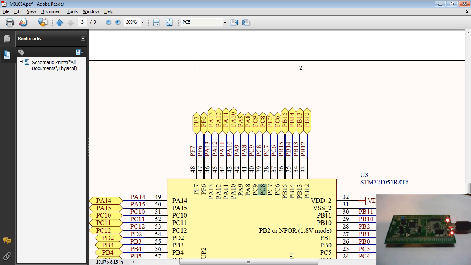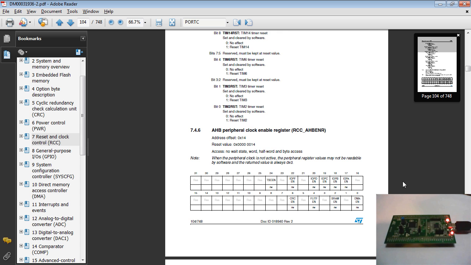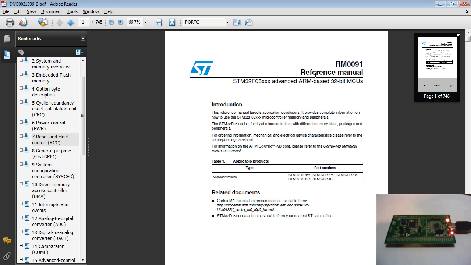Now, in order to do that, you're going to need the document regarding this processor. Usually you have two core documents that a manufacturer provides. You have a datasheet, which contains hardware parameters, and then you have a user manual or reference manual. In this case, I believe this lovely 748-page document is called a reference manual. Anyhow, this is basically your programmer's guide to the microcontroller if you're attempting to write your own libraries as opposed to using what someone else already wrote. I like doing things from scratch when I can, so I'm going to attempt to use this manual